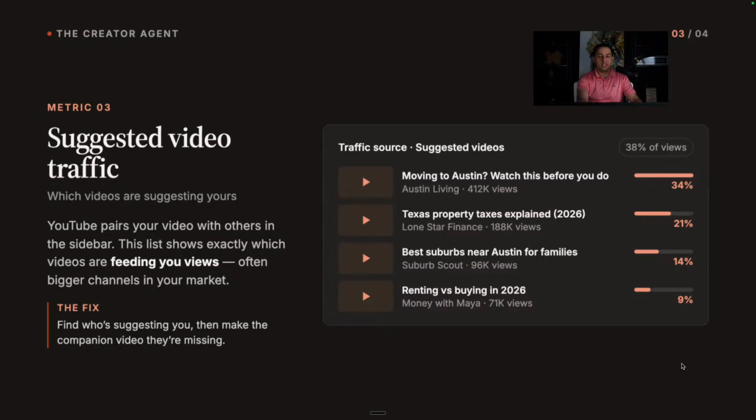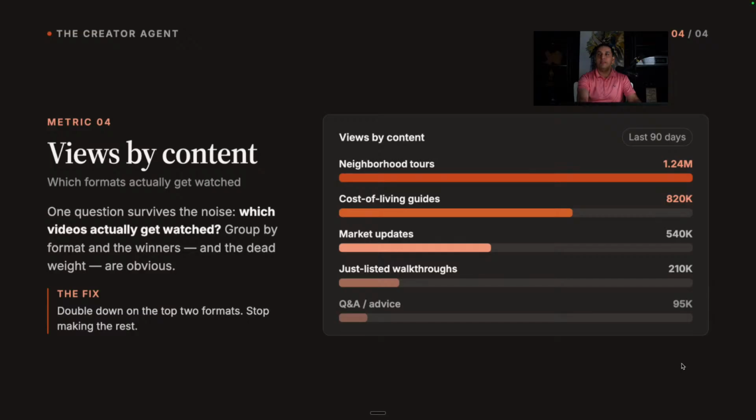If you create more content that helps that, if you know which videos are suggesting your video to their audience, it's going to help you going over to their channel and seeing what videos are working so that you can make more videos that accompany that video. And then if you focus on the views by the content that you're creating and you have command of the content that you're creating so you can make adjustments along the way, it's going to be vital for your growth.